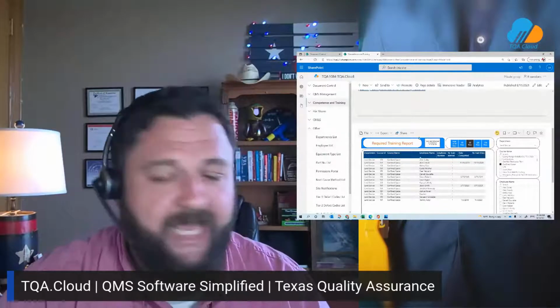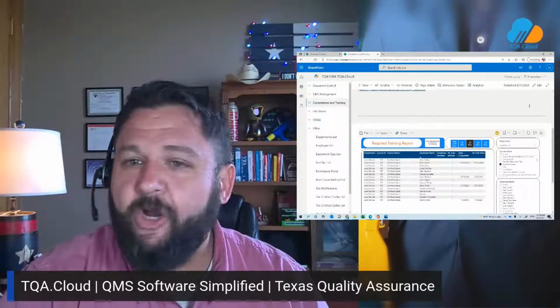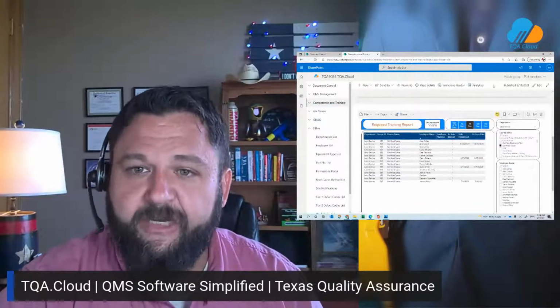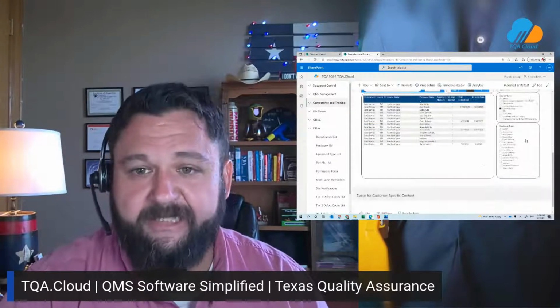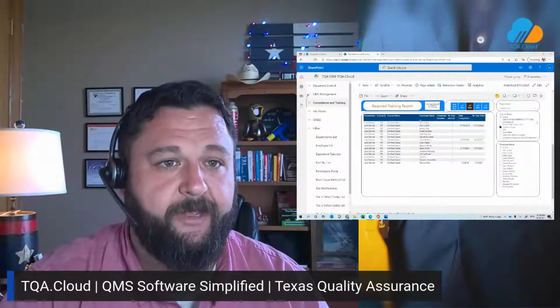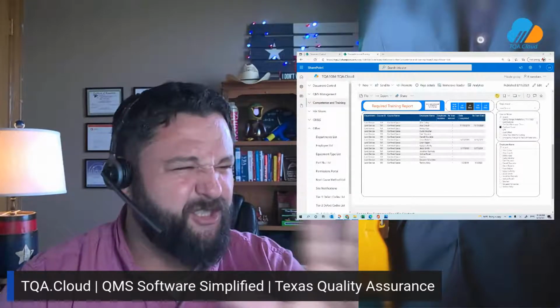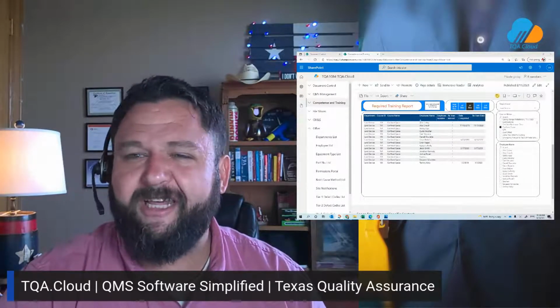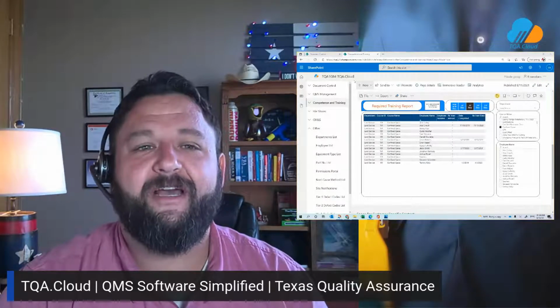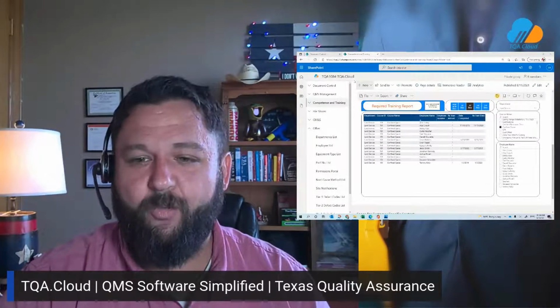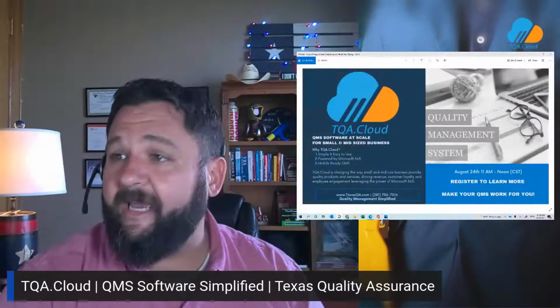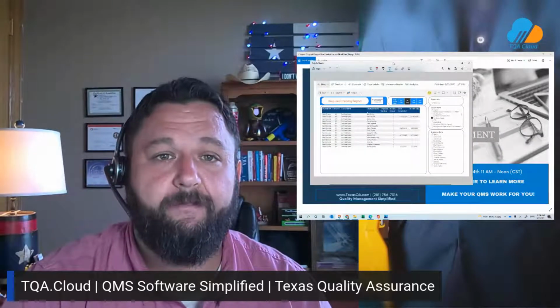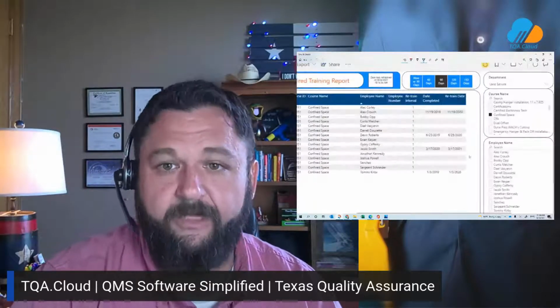All right, can we make the image bigger? It is on the screen share here. I'm actually somewhat limited, but let me see what I can do here for you. The StreamYard software we use here is a little bit limited on what we can do with zooming and screen share. But let me see if I can take a snippet here and zoom in on that just a bit for you. So here we go.